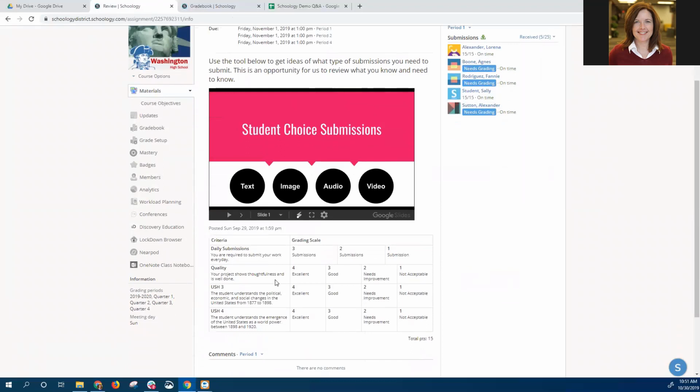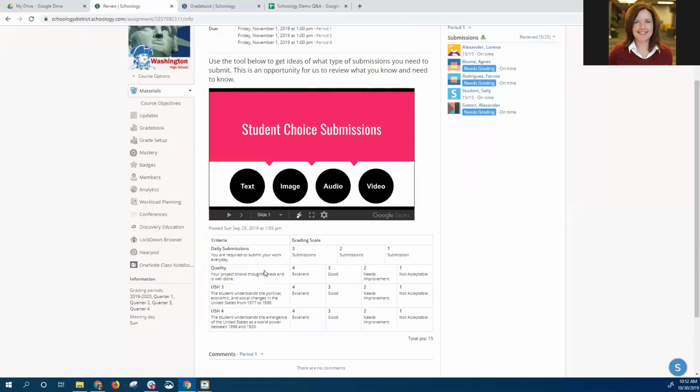So as I'm assessing these items that students have submitted, I'll have a place to actually score this in the grading area. And then students can get feedback on these particular items. Now, these can be ad hoc, just for this particular assignment. Or if it's something you want to track over time,